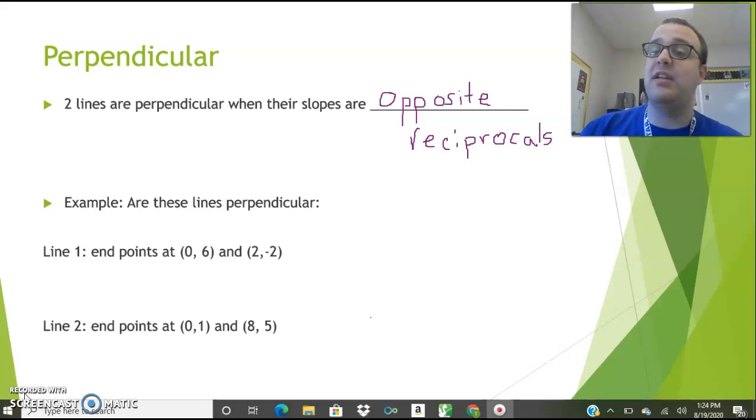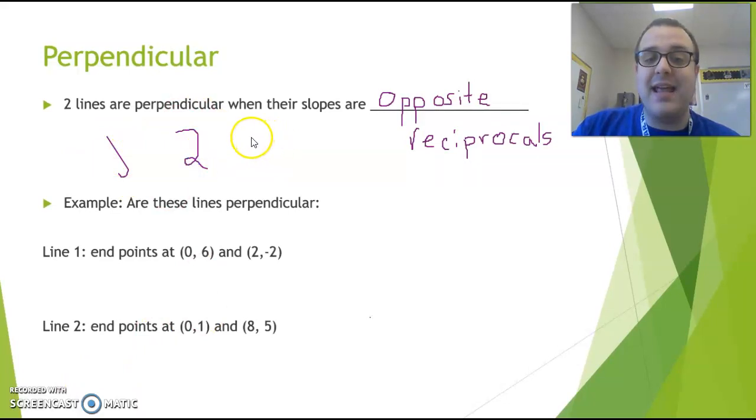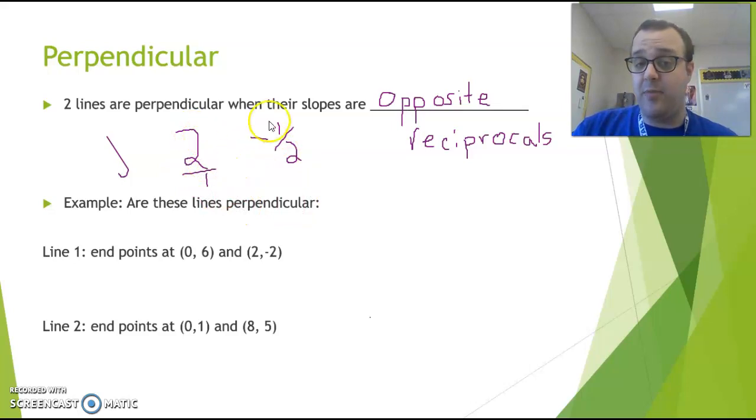So for example, one example of an opposite reciprocal would be 2, and then negative 1/2. Those would be opposite reciprocals because this one's positive, this one's negative. We could think of 2 as 2 over 1, and if we flip those around, we'd get 1/2. So 2 and negative 1/2, those would be opposite reciprocals. So in order to figure this out, we have to use the slope formula to figure out what the slopes of the lines are, and then we just compare them to see if they are opposite reciprocals,